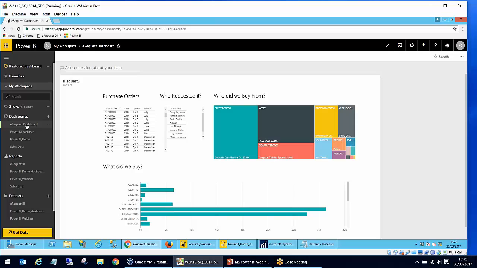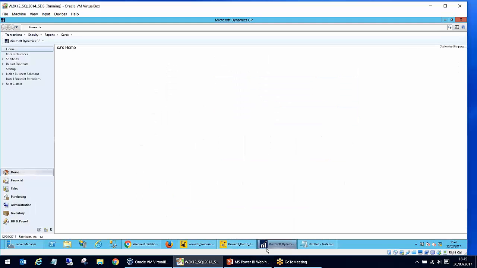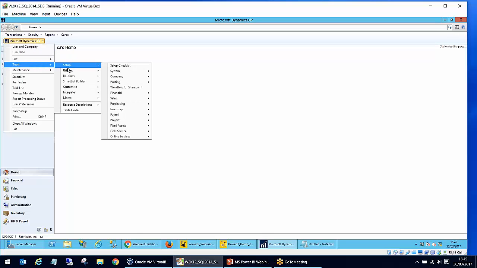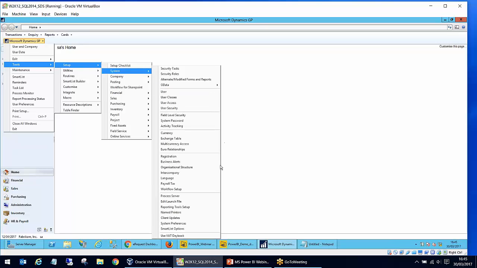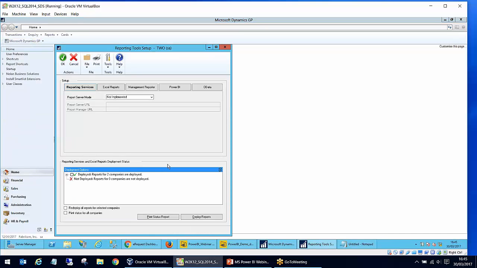So Microsoft have added the ability to view basic dashboards in Microsoft Dynamics GP. If we go to Dynamics GP, there are some elements of setup you need to do in GP before you can start using it. So in the report setup, if you had someone set up reports for you, whether Reporting Services, Excel reports or Management Reporter, there's a Power BI tab in there,